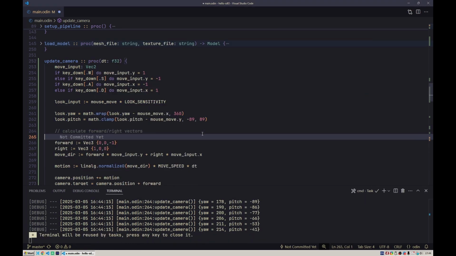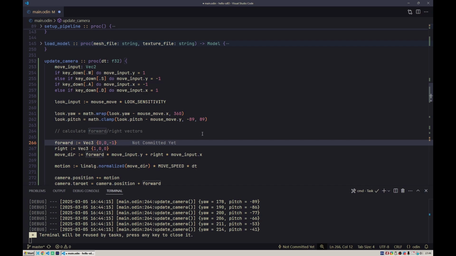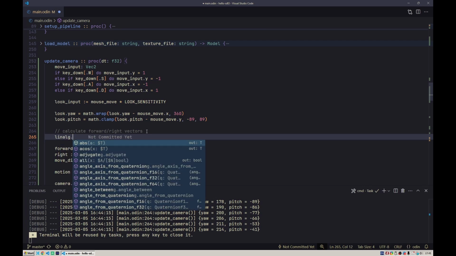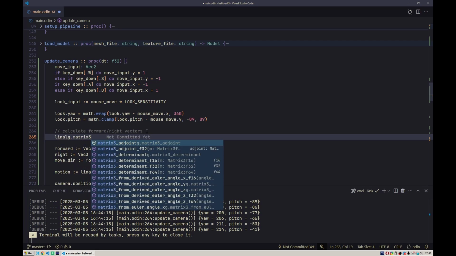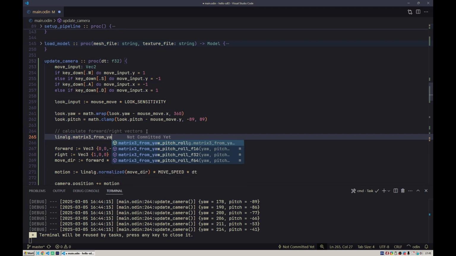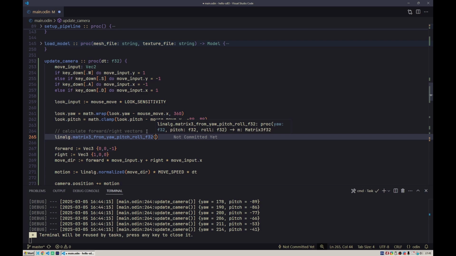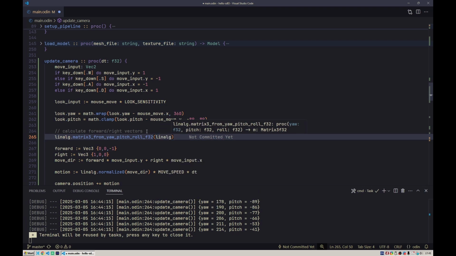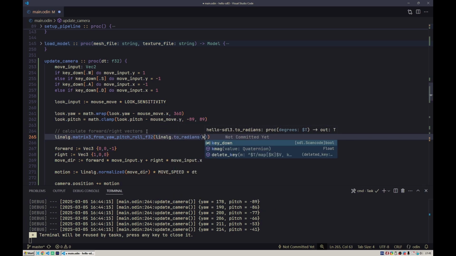These two are done. So basically now what we want is to calculate these forward and right vectors. Thankfully that's actually very easy, because linalg actually has a handy function called matrix3, or there's also a matrix4 version, but we can use the matrix3 for our 3-dimensional vectors, from yaw pitch roll f32 this time, right? And here we just pass our yaw and pitch and roll. Just remember that those should also be in radians and not degrees, so we will use again linalg.to_radians and just pass